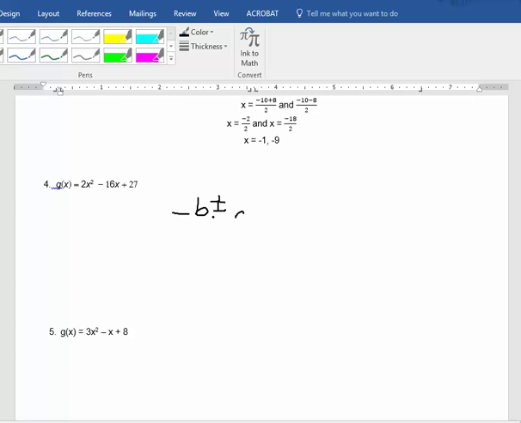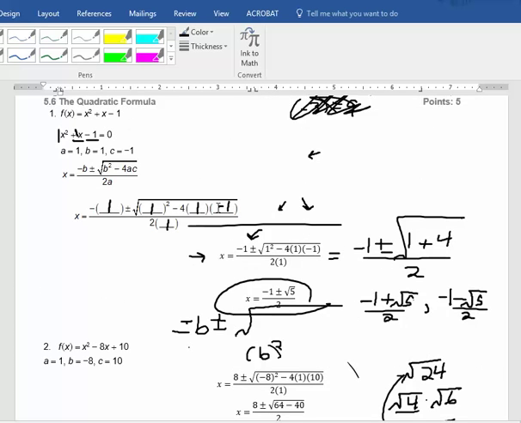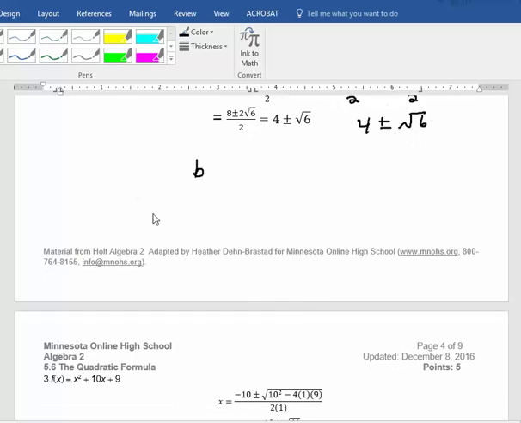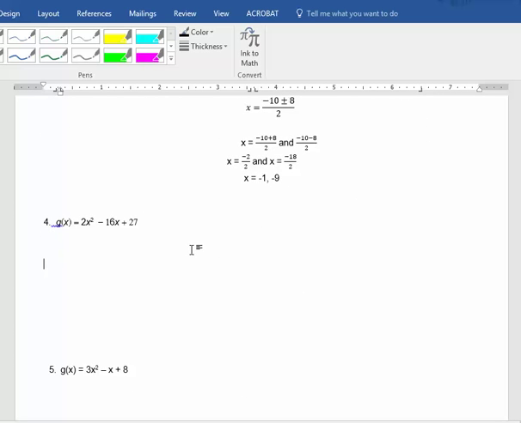Plus or minus the square root of b squared minus 4ac. What? Why did it erase? Does it come back? No. Okay, I must have touched something somewhere. Wow, it doesn't want to let me do it. Maybe if I take a little pause before each, that's supposed to be a minus 4ac